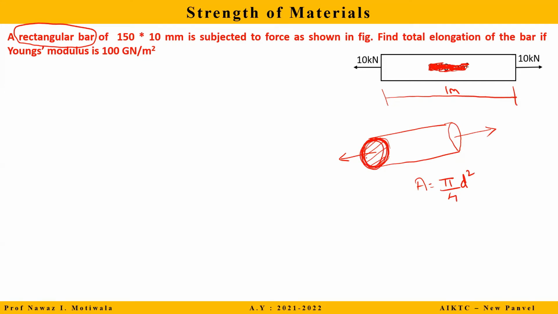But now they have changed the circular object into a rectangular object. Now they are saying that your bar is not a circular bar, it is a rectangular bar. So let us say it is something like this. This is the length, and it is somewhat like this. So this is a rectangular bar. If I make it in 3D, this is a rectangular bar on which the load is now applied, at this particular point.